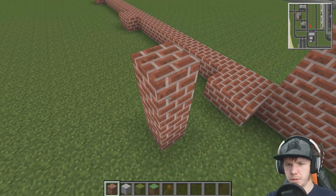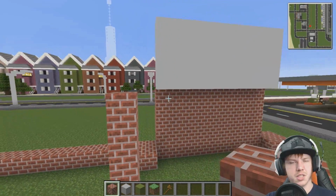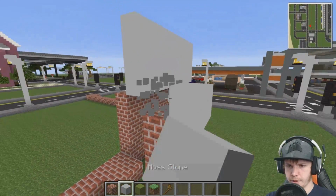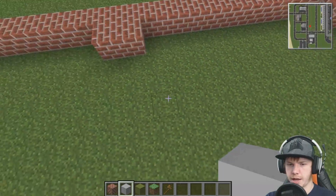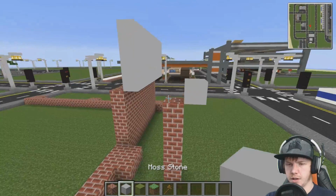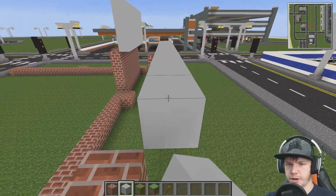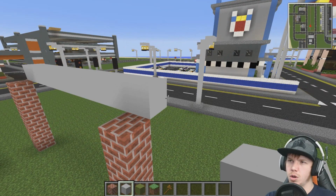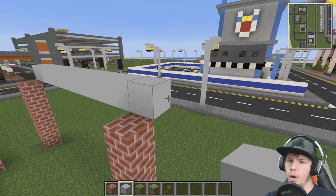Yeah, I think 1 pillar is probably going to be better. I want this to come up to the same height as the bricks. And then we have this come out again. That needs to be there. And 2, 3, 4, 5. Like that. This can then come around the edge. I think it can wrap around as well. Or...